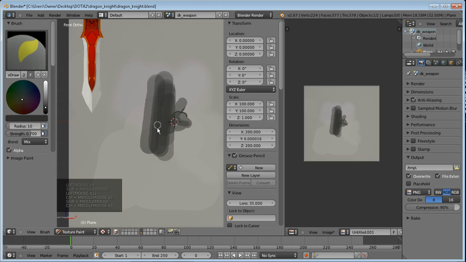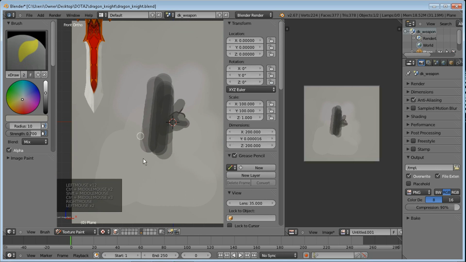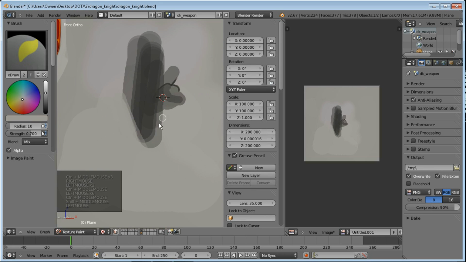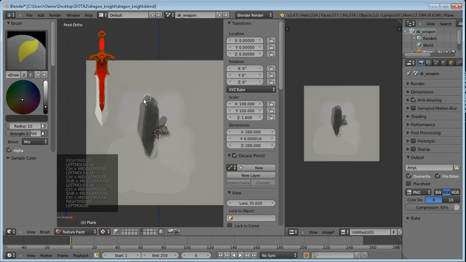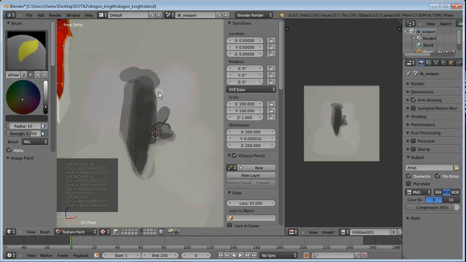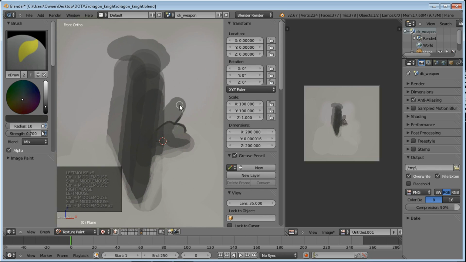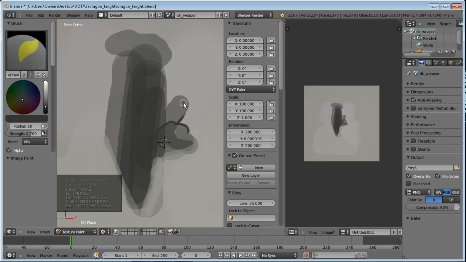This looks like nothing here right now. I'm just going to select that color there. See, you don't have the layers, but you have a lot of brush control, which is nice. So anyways, I think that's it for this tutorial. It was just to introduce you to the painting in Blender, and in the next tutorial I'm going to show you how to set up a mirrored